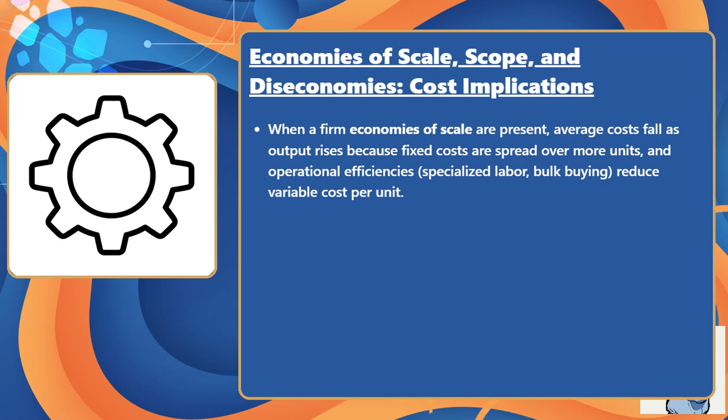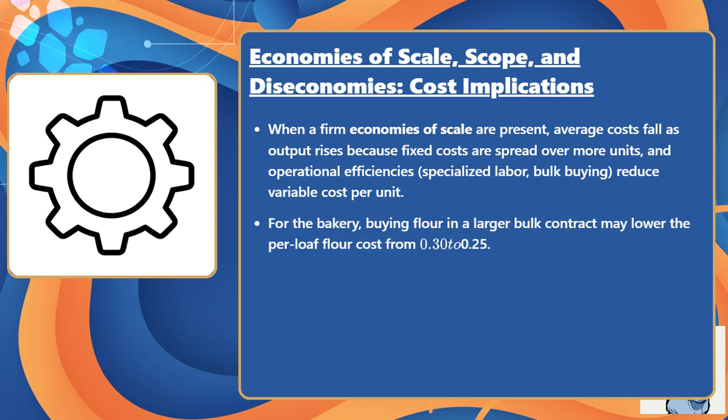star. When a firm's economies of scale are present, average costs fall as output rises because fixed costs are spread over more units and operational efficiencies. Specialized labor and bulk buying reduce variable cost per unit. For the bakery, buying flour in a larger bulk contract may lower the per loaf flour cost from 0.30 to